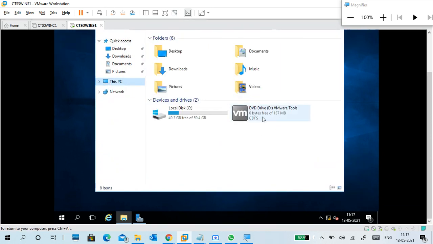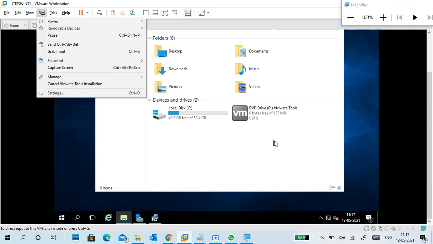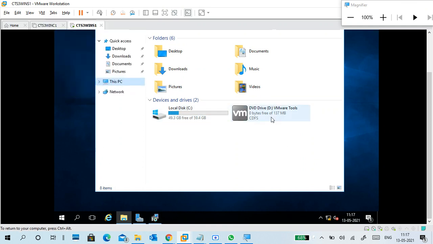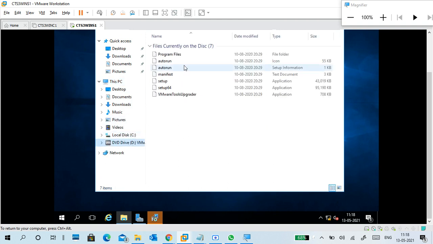You can see this one automatically mounts, because when you click here, it automatically mounts here. Open it or double click on it. Setup64, run this one.